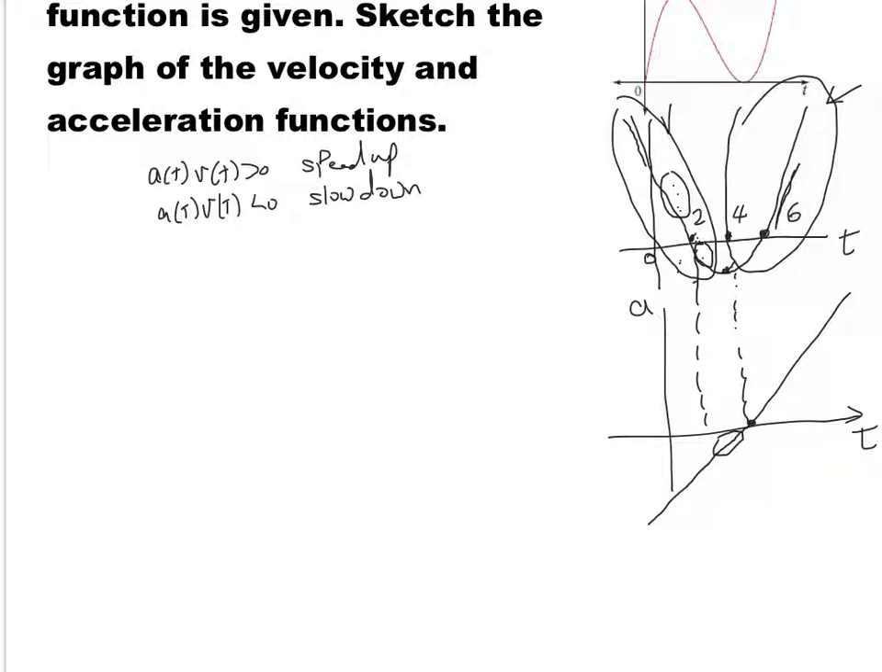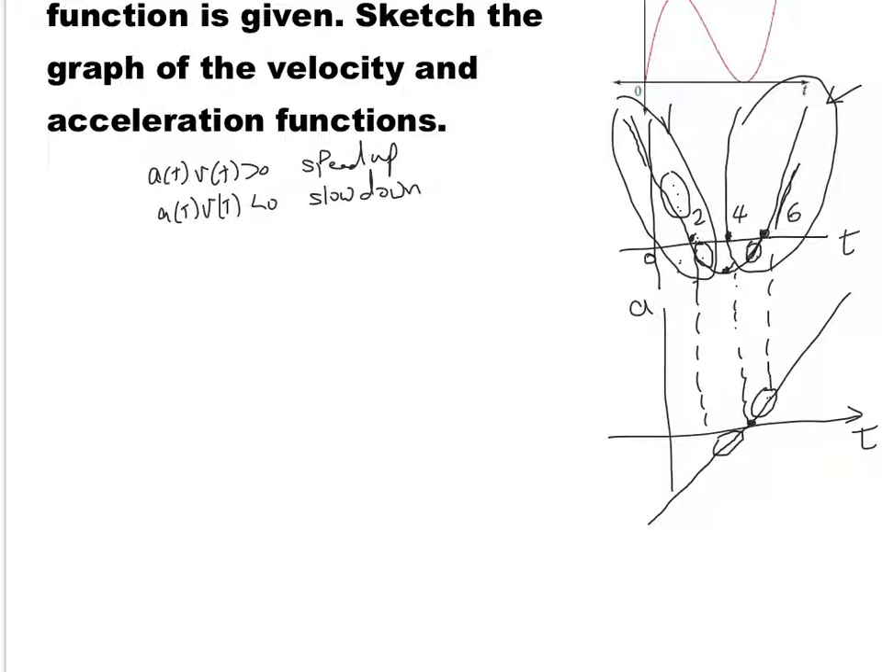From 4 to 6, we can see that the velocity is negative and the acceleration is positive. So acceleration times velocity is going to give us a sign of negative times positive, which is negative, so it means that the object